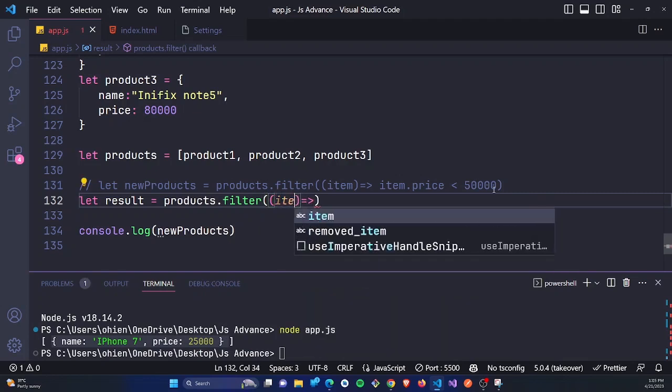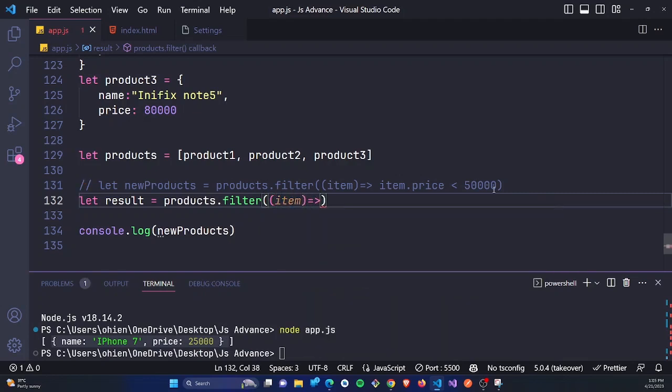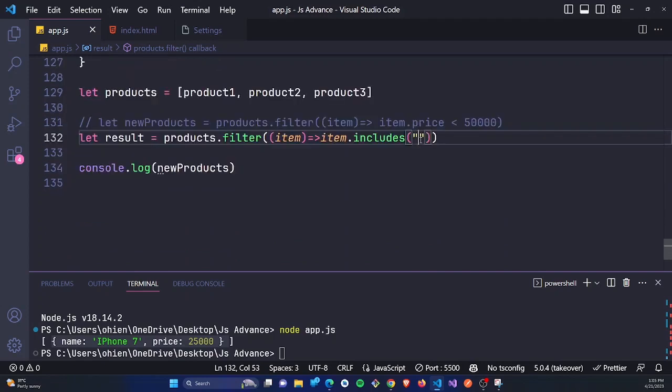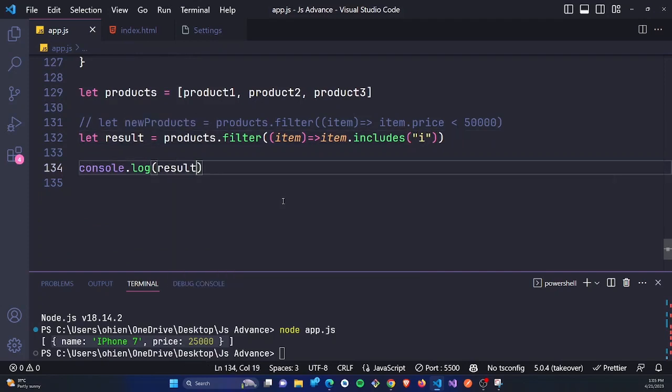Then we will say item, then it should return for us the item that includes, and then we'll pass in what we want to include. In this case, let's say we want to search for items that have I in their name. We'll just say item that includes I. If we go ahead here now and print the results,